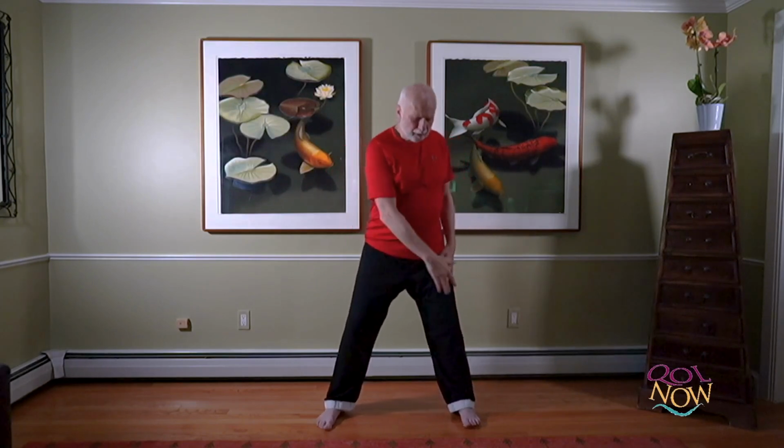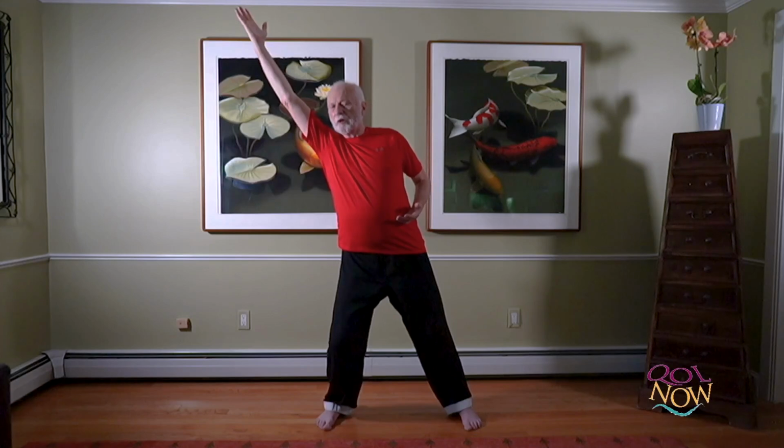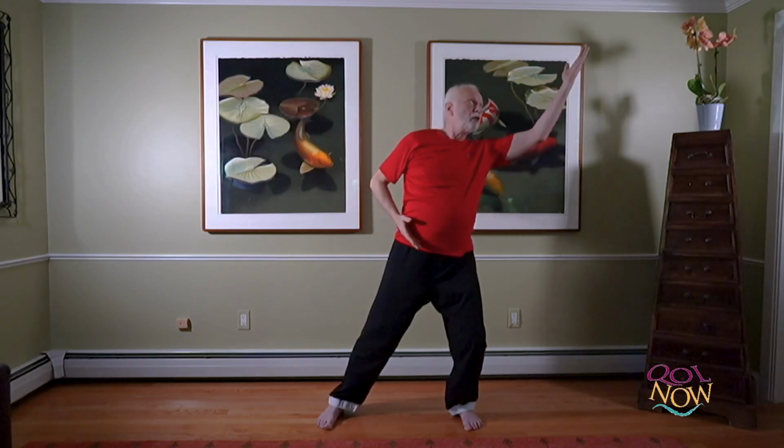Okay, so you have your 12 meridians. Those are the energy flows around your body, but there are these other things called the vessels, like a parking lot, where you store a lot of energy and you want to open them up. One set makes an X. It goes from your big toe to your finger. So we're going to go to one side and reach. You want this to be in a straight line, pushing with your big toe and trying to touch the ceiling with your finger. Come back to the center, go to the other side,